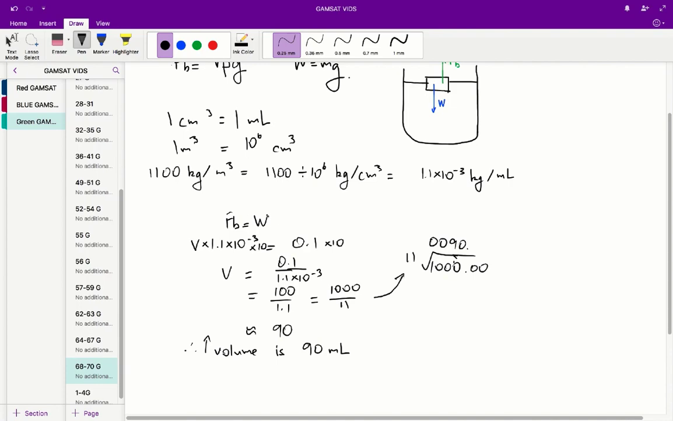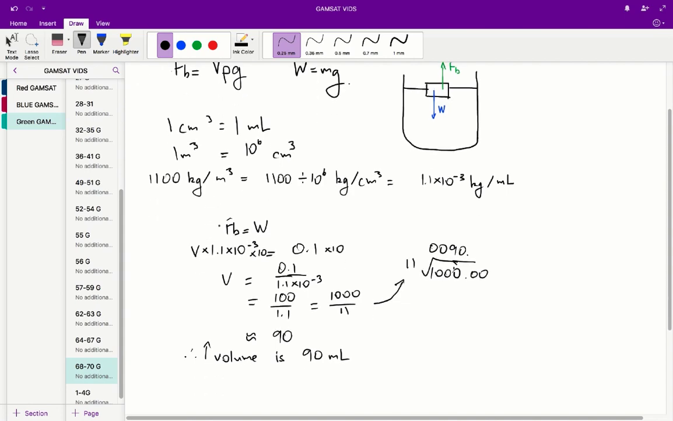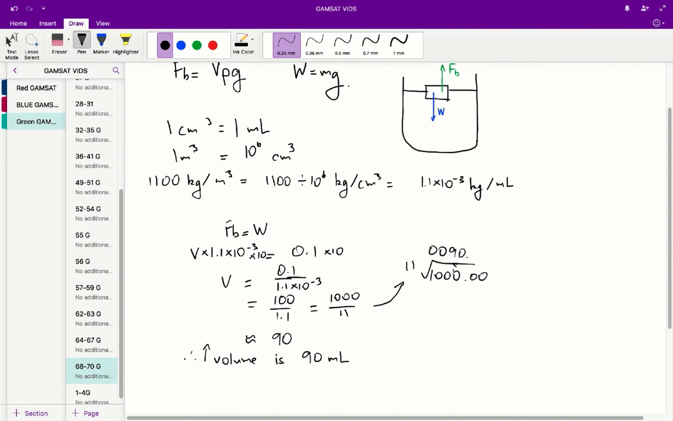Now that we know that, we can figure out our equation. Firstly, we set the buoyancy force equal to the weight force. In this case, if we just sub in this formula, V times density times the gravity constant, we get V times 1.1 times 10 to the negative 3 times 10 is equal to 0.1 times 10, which is the mass in kilograms of the ice block, times the gravity constant. So from there we get V is equal to 0.1 on 1.1 times 10 to the negative 3,